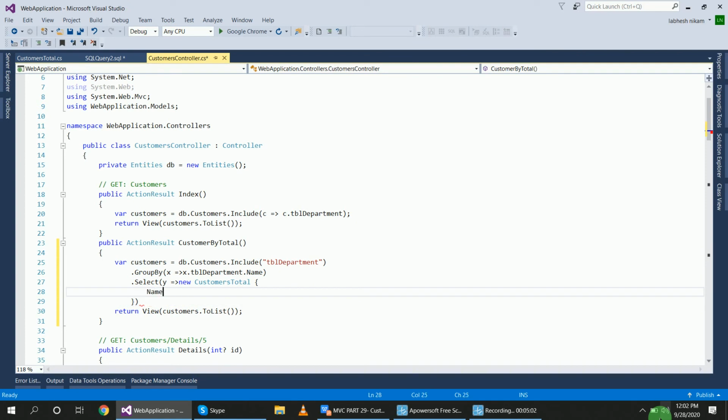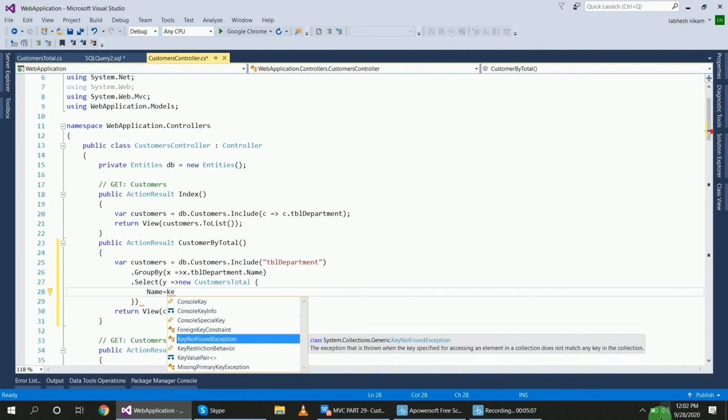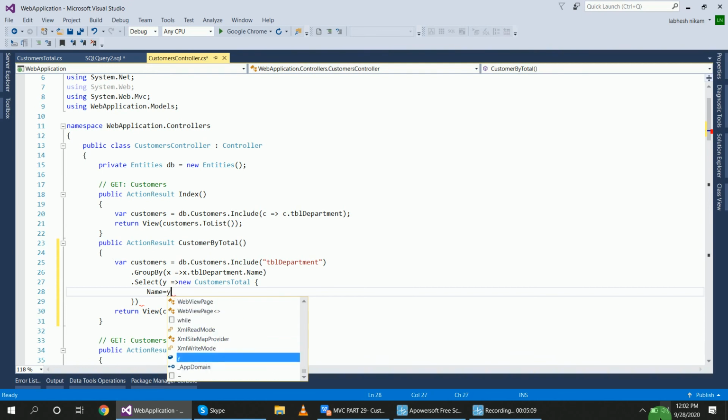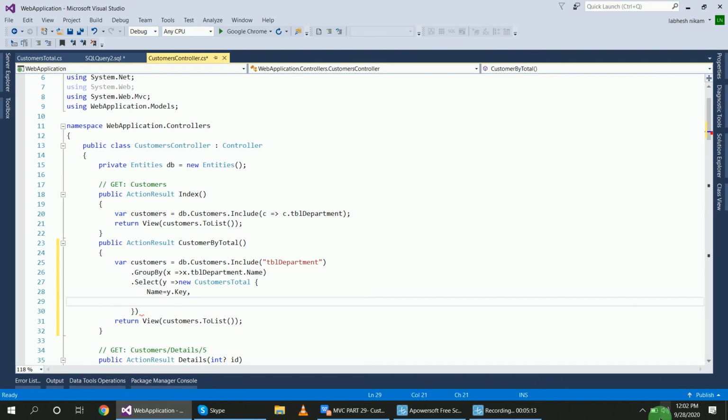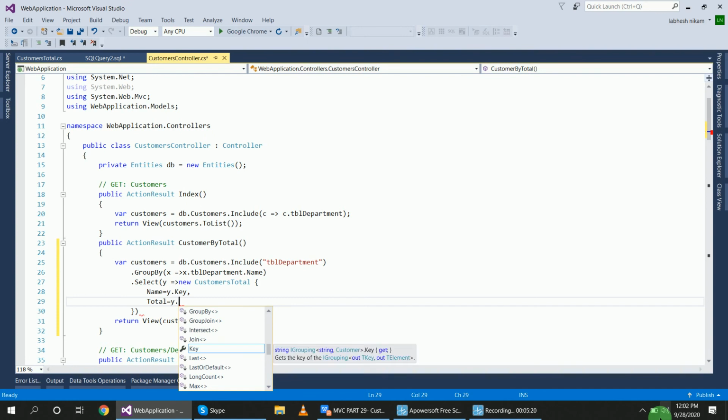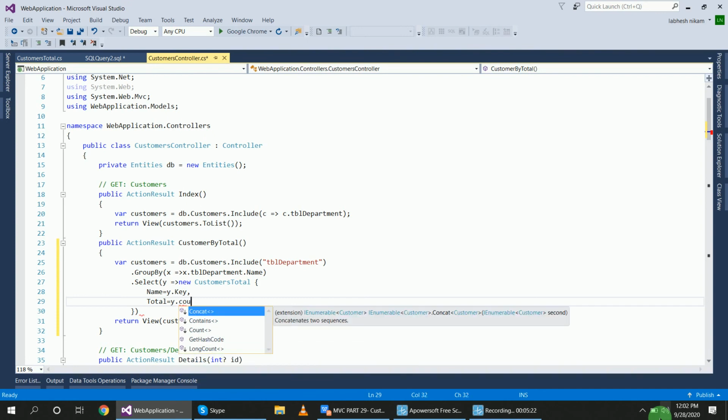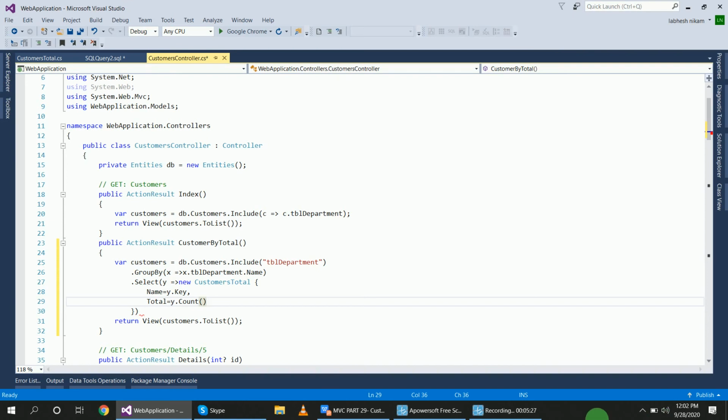Name equal to y.Key, and Total equal to y.Count(), because we want the count. This finishes, and then we want a list, so ToList.